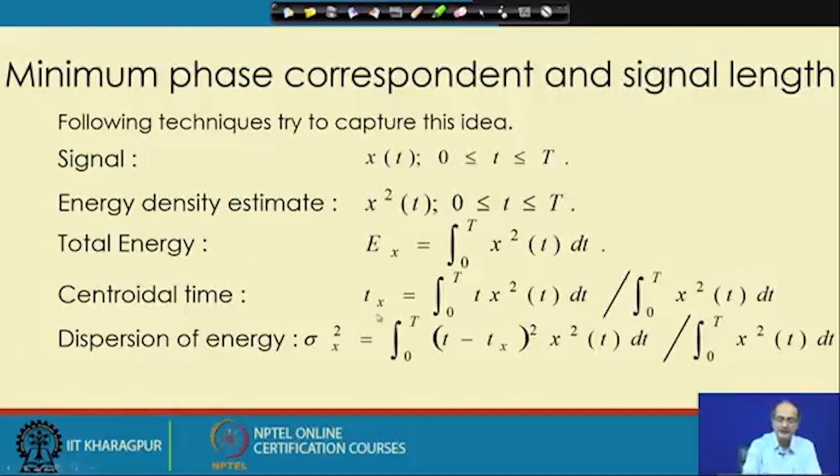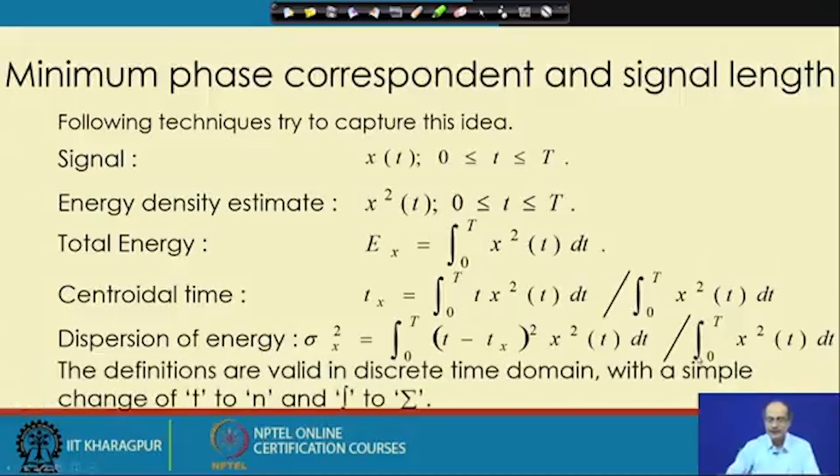The first moment gives the centroid, and with respect to the centroid we see what the spread of the energy is. If the QRS complex becomes more wide and the ST segment also changes its shape, then the dispersion of energy will show that the dispersion is more. So that is the way we can capture the change in the signal,